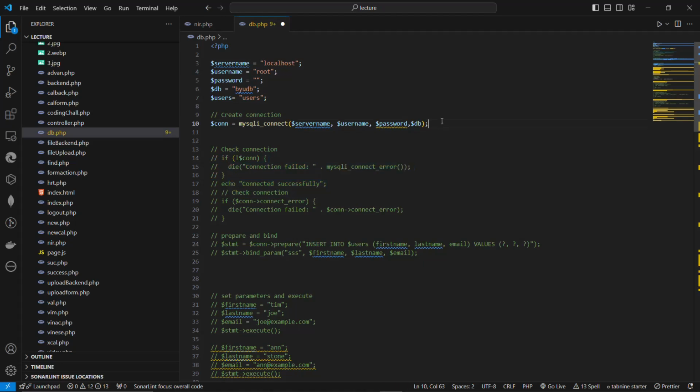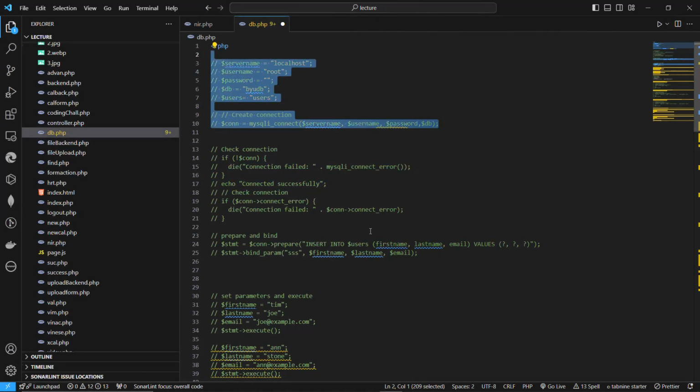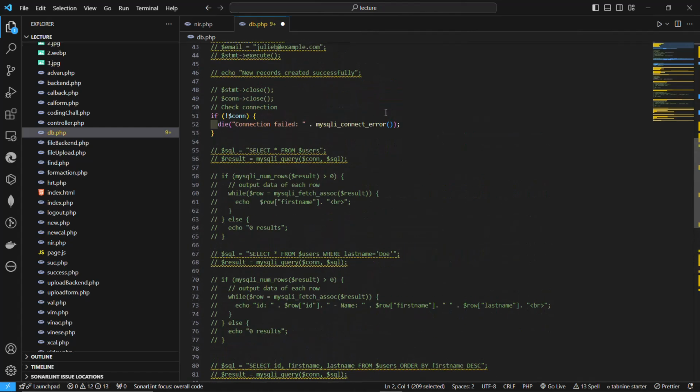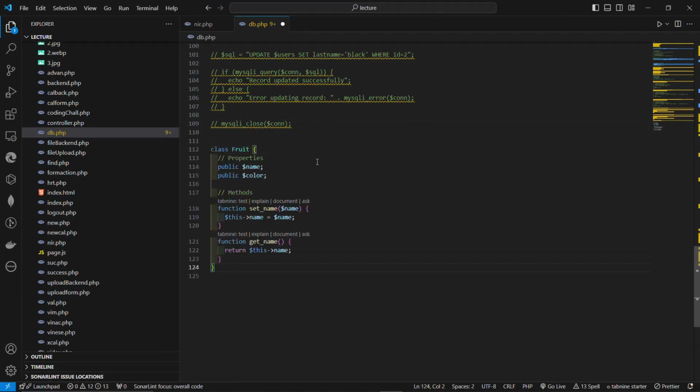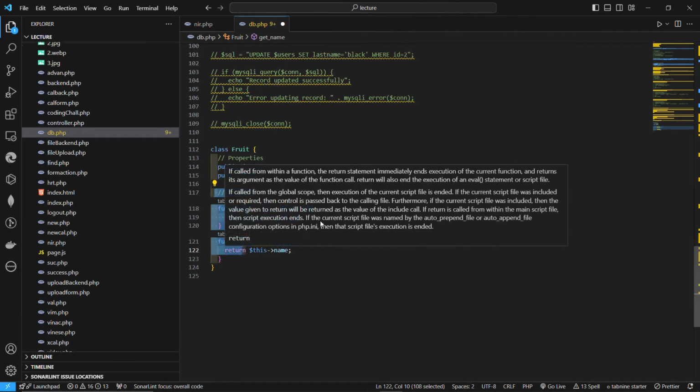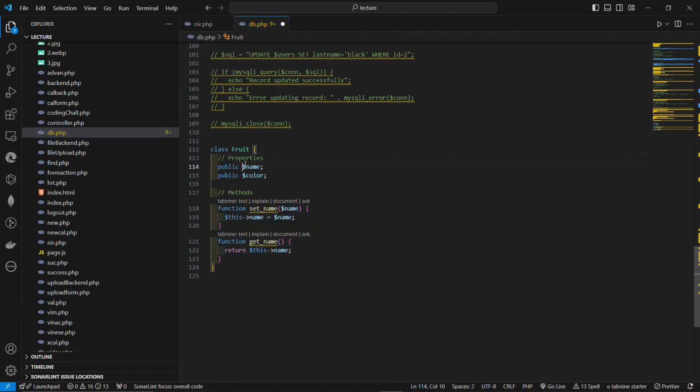So this is what we call the property, and this is what we call the method. The property is name, just a name. Now we have the color. So we have a class called Fruit. Whenever you want to create a class, you must declare it with the class keyword,